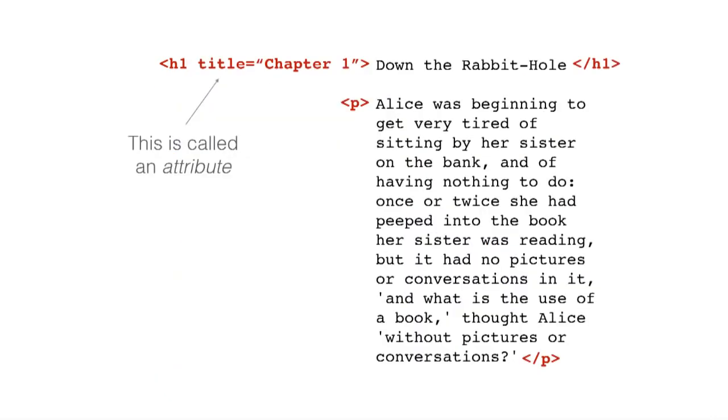By adding attributes to your tags, you can give even more information about each block of content. You can add things like a title for a chapter or text to describe an image, or an ID that you can use to refer to that element in other places. The ultimate goal is to create semantically rich HTML that you can then take to the next level with CSS